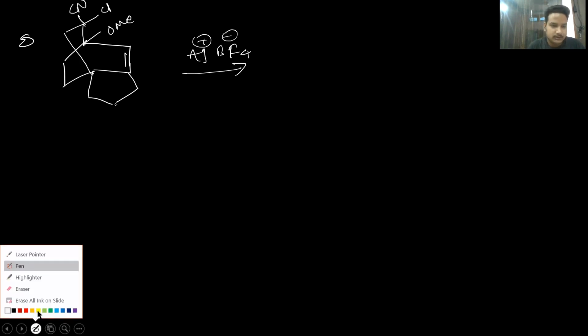And you can see here, I have the same starting material, but what I change here is this Cl atom. Let me change the color so that you can understand better as well. You see here, I have the same starting material, but I just changed the position of Cl. Now you can see that the same thing happens.